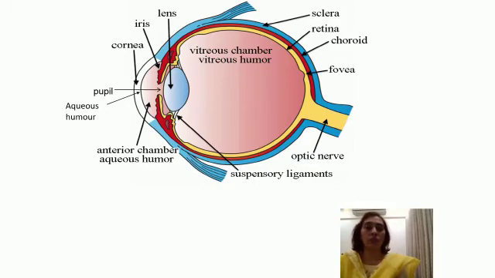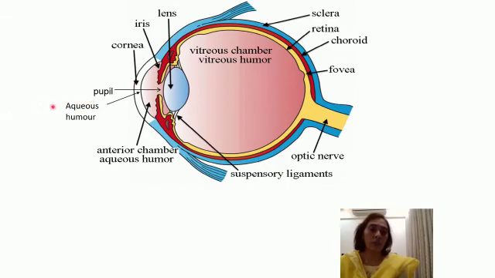I hope you have understood the various parts of the human eye and the functions that they perform. Here this diagram gives you all those labelings that we have discussed, like the cornea, then the iris, then pupil, the biconvex crystalline lens, the retina, and the optic nerve. So all this we have already discussed. Apart from that, you can see one labeling here, aqueous humor and vitreous humor. Both are liquids, watery fluids, which are present.